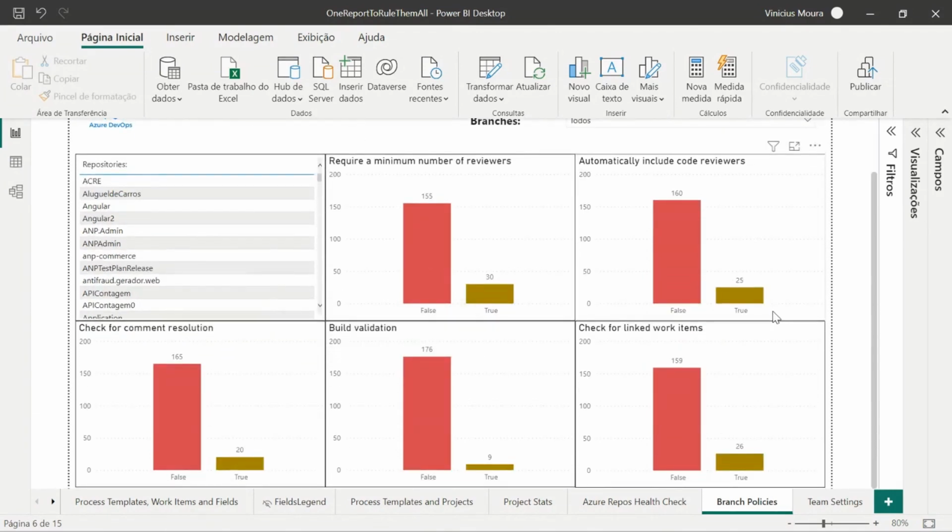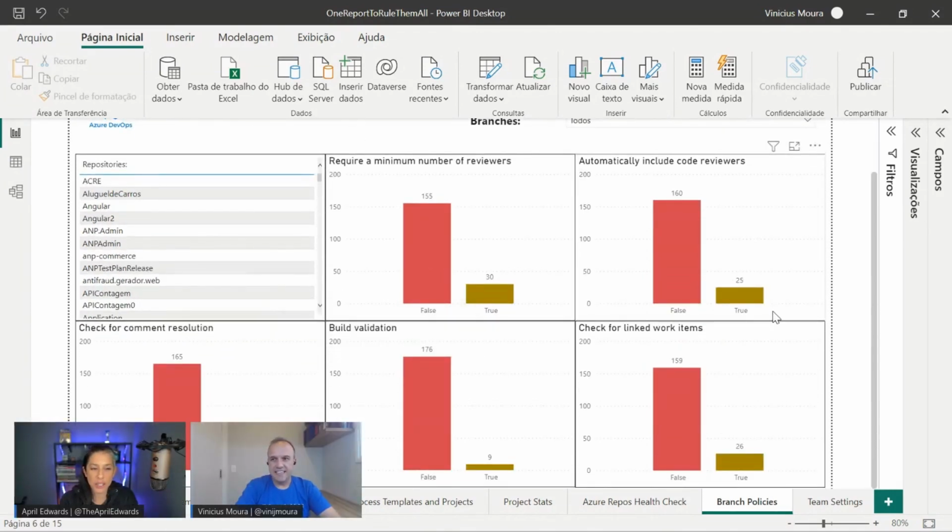See, I've had to manually do this in the past to look at my repositories, look at what my branching policies are, how many reviewers there are, and audit this manually. This is awesome. Yes, because if I apply code review in my company, I will use the Azure DevOps branch policies feature. But if I don't have any policies, I can commit, for example, my code directly on the main branch. It's in my process. It's a big problem.